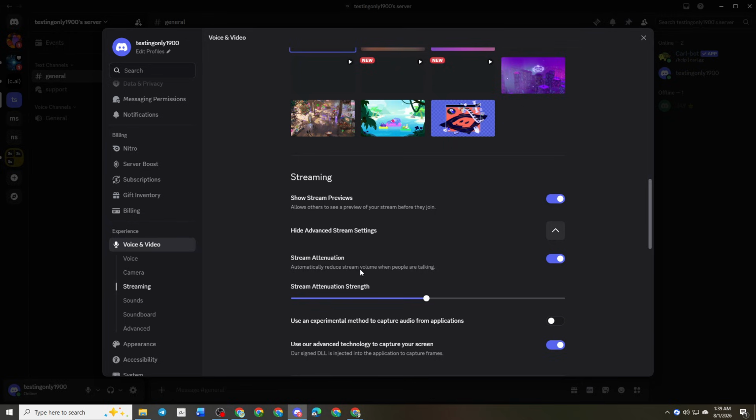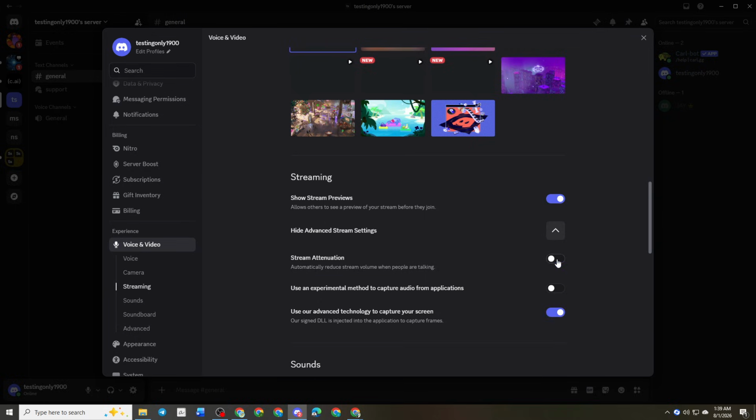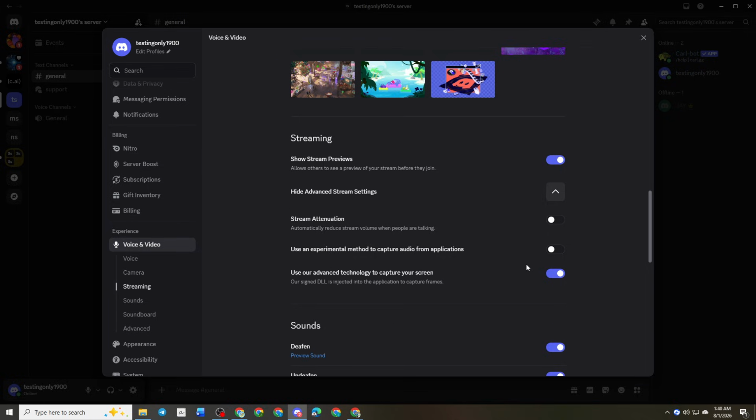When you find Stream Attenuation, try turning the setting off if it's currently enabled. If it's already disabled, you can also try enabling it to see whether it improves your specific setup. Since different computers and hardware configurations behave differently, testing both options is the best way to determine which setting provides